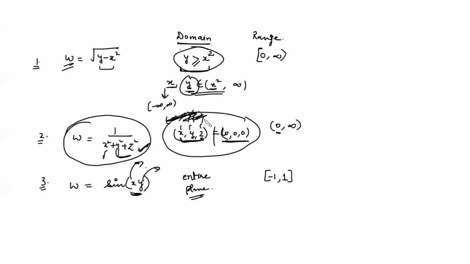Excuse me, ma'am. One question. How can the range in the example be greater than 1? Where? The second example. Since the denominator will always be greater than the numerator, the range cannot be greater than 1. But you can put x, y to be very, very small also. In that case, it will become very large. Okay, we can put real numbers. Yes, we are putting real numbers. We can put x to be 0.1, 0.2, 0.001. In that case, it will become very large. Okay.